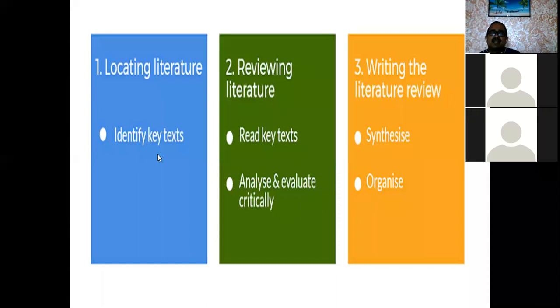These are the three basic steps of literature review, it says. Locating literature where it is, identifying key text, review of literature, read key text, analyze and evaluate critically, writing the literature review, synthesis and organize. These are the five steps, it says. But please,